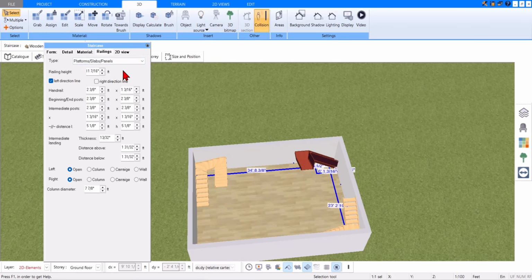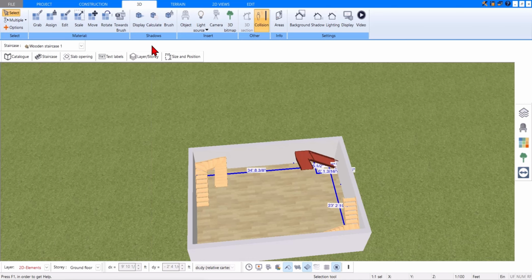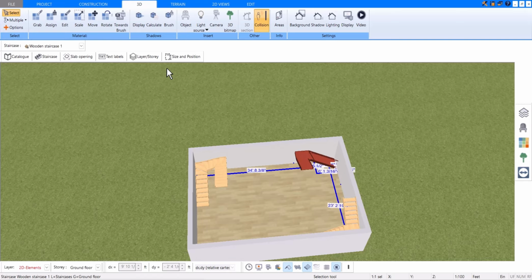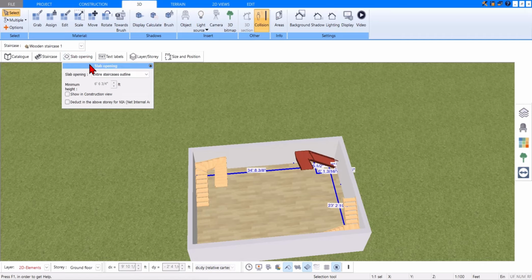The ceiling opening is also important, so the staircase actually passes through the ceiling into the next story, and Plan7Architect usually creates the correct opening automatically. If I want to do it differently, I go to the options and select Slab Opening. There, I can choose, for instance, the entire staircase outline, or I can consciously decide against having a ceiling opening